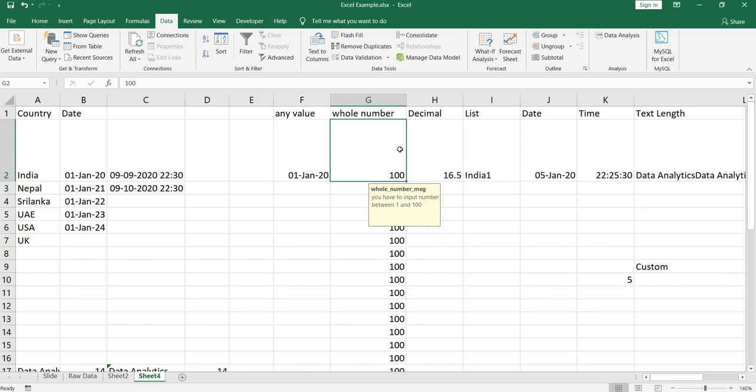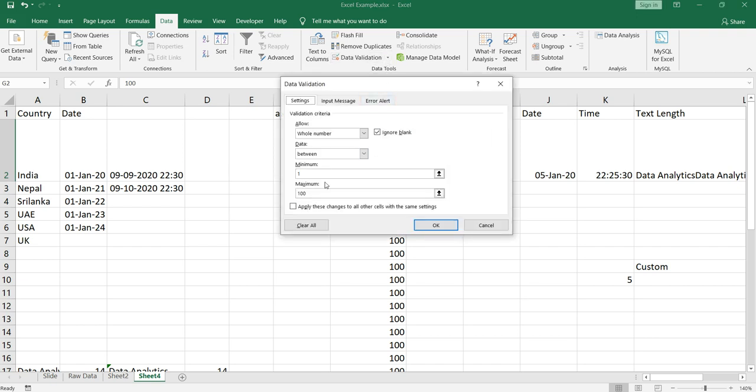Now if you want to remove the data validation which you have applied on a cell or on a range, then you need to select either that entire range or that particular cell on which you have applied the data validation. Then go to data validation. You will see here this clear option. If you click on it, then the entire validation which you have applied will be removed from that cell or from that range if you had selected the entire range. So I'll click on clear all and you will see that the validation has been removed.